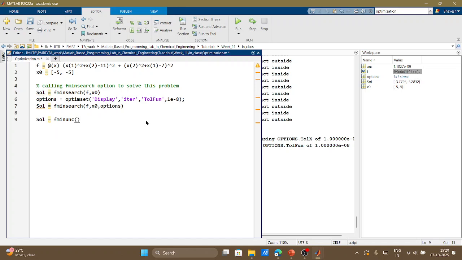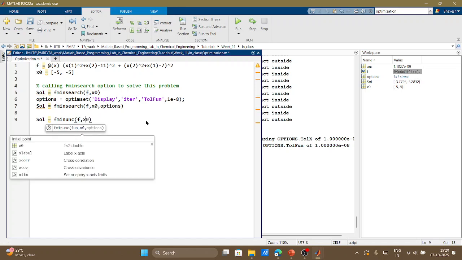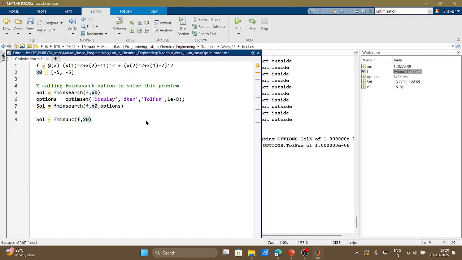F mean unconstrained, you need a function, you need the x0 value, right? So let me change then the name, solve by search method and the solve by unconstrained method. We will display